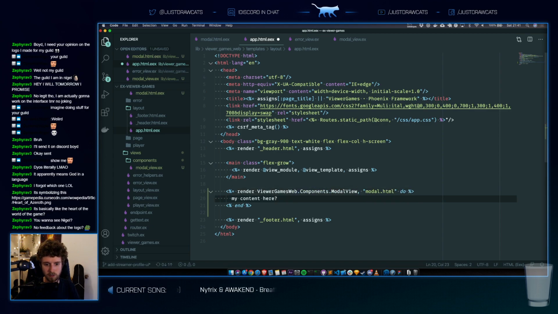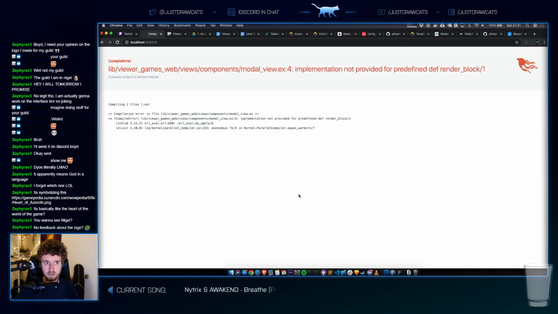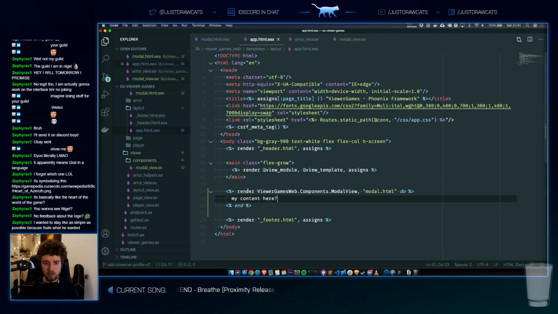Okay, let's see what this does. Implementation unprovided for predefined def render block.